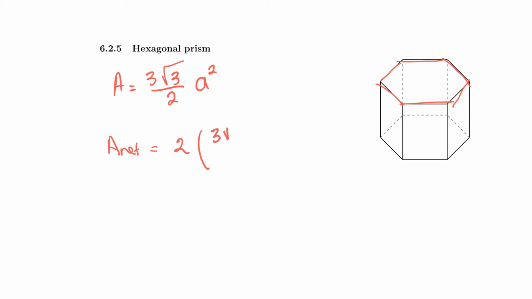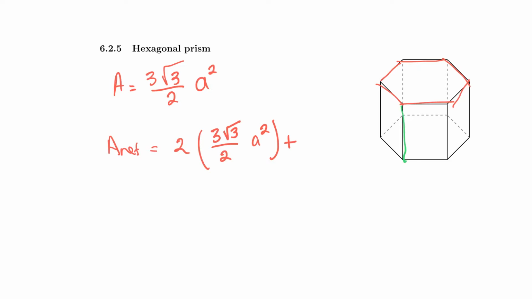This is a little bit more complicated because the area of the hexagon can be represented as 3 square root of 3 divided by 2 times the side squared. This is just the area of a hexagon, so one of these faces. What we need to do to get the net area is 2 times this equation of the hexagon plus the area of each individual